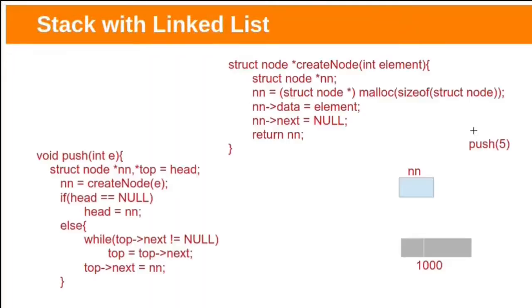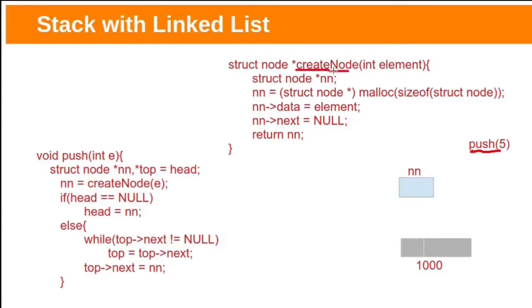Let's see stack implementation with linked list. This is also very similar to array implementation of stack. At compile time, memory will be allocated automatically for arrays, but while implementing stack with linked list, we need to allocate memory dynamically. Suppose we want to add this element 5 to our stack, we need to allocate memory on